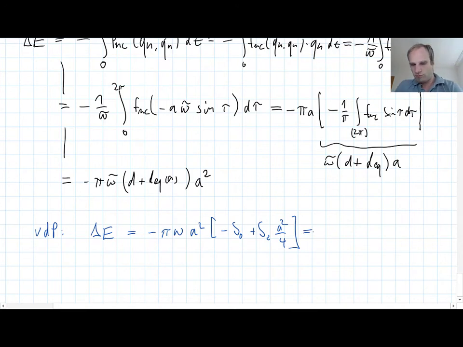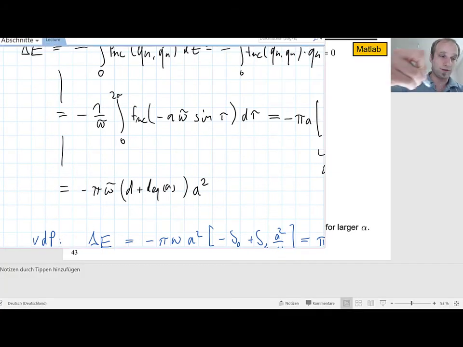And we can split this actually into a positive and a negative term. And because it's so simple in this case to split,